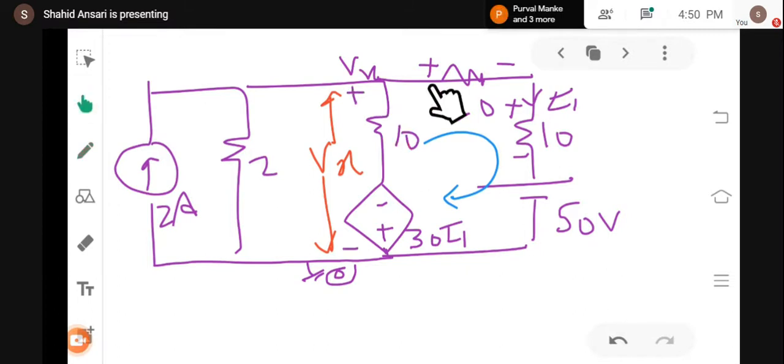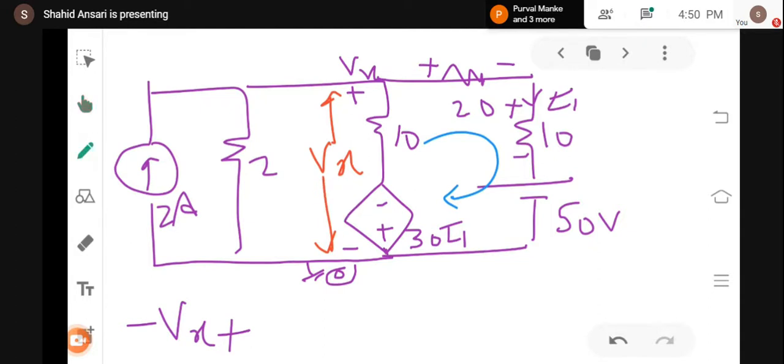Now, I can apply KVL in this loop, and the voltage across this complete branch is your Vx. Consider any polarity, either consider entering polarity of all the voltages or consider leaving polarity of all the voltages. If I'm considering clockwise direction and entering polarity of all the voltages, the entering polarity of Vx will be minus. Then the voltage across this will be entering polarity plus, across this again plus, and across this one again plus. So I will simply write minus Vx. I am replacing this complete branch by simply writing Vx.